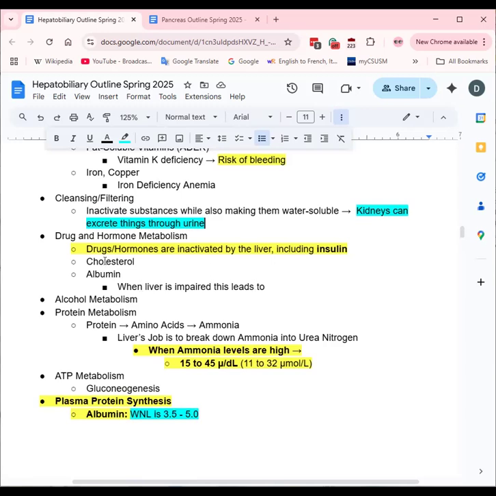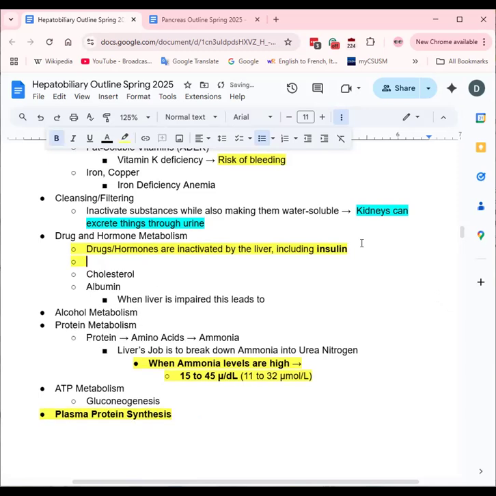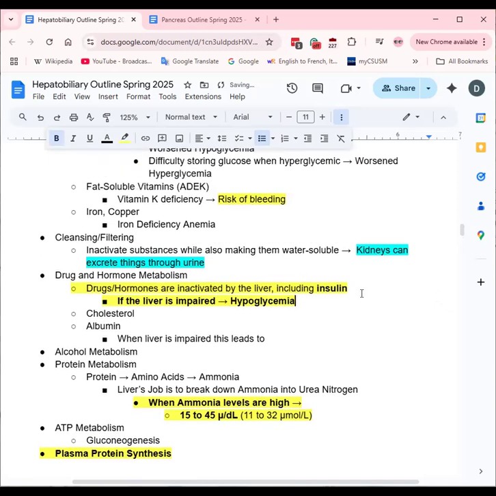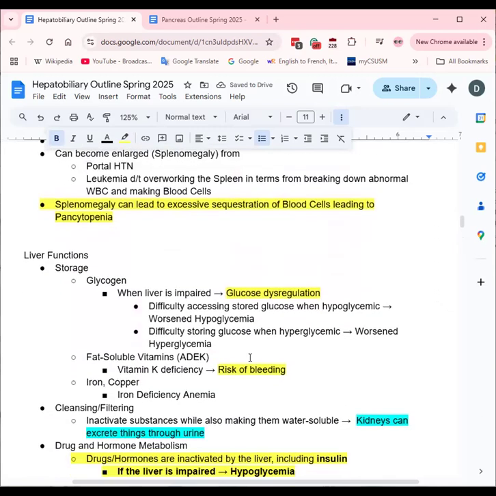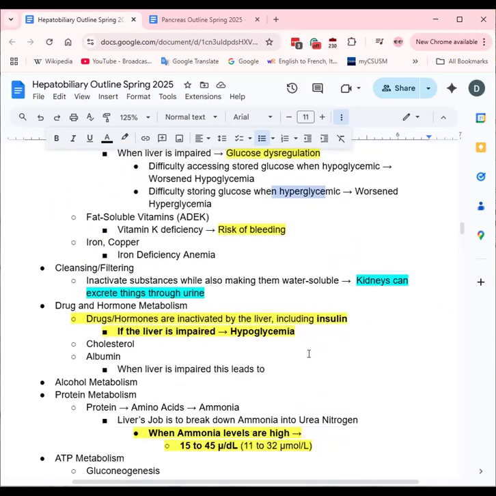Okay. So like I mentioned before, drugs and hormones are inactivated by the liver, and this also includes insulin. We mentioned there's glucose dysregulation, but in this vein, if the liver is impaired, you have a higher risk of hypoglycemia, like we mentioned before, but you also have the other risk of hyperglycemia if you are hyperglycemic already. But for the most part, the main issue is typically going to be